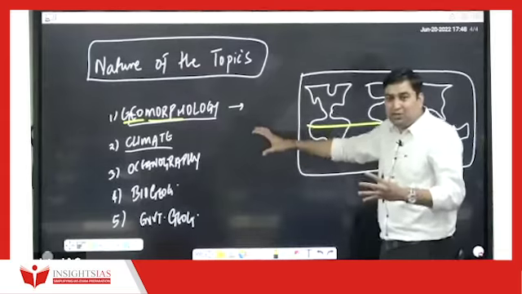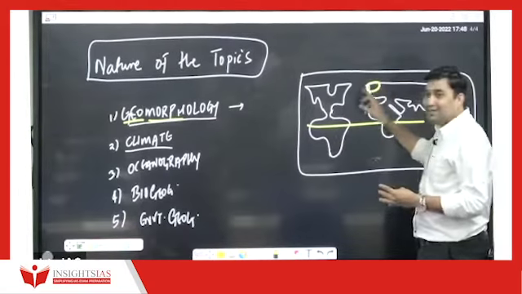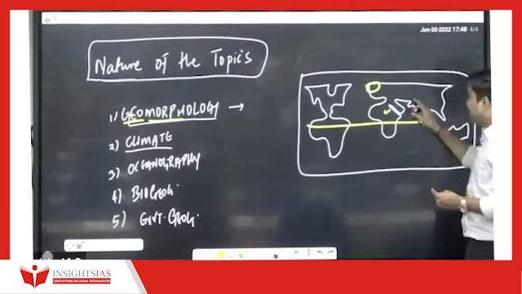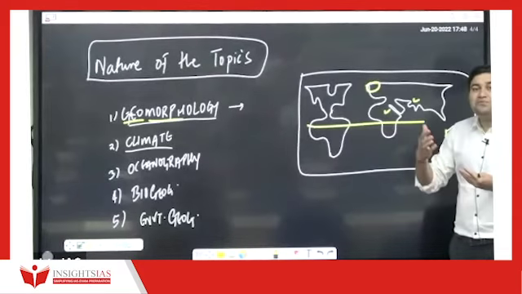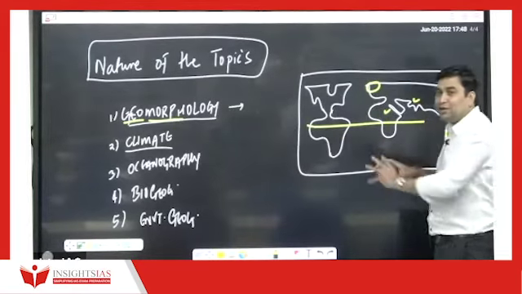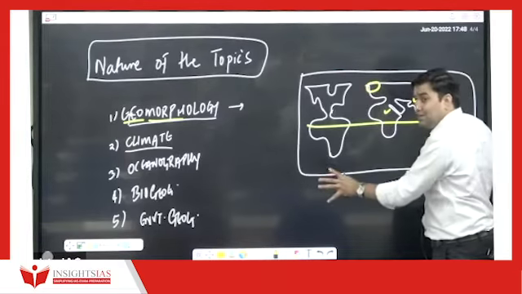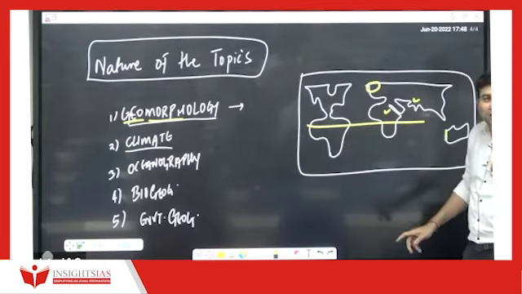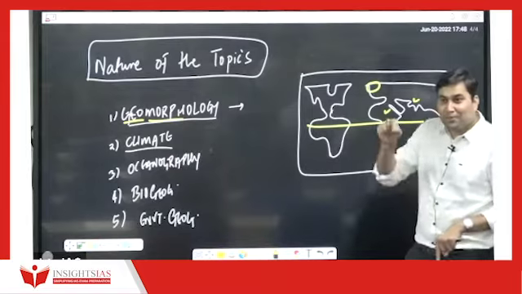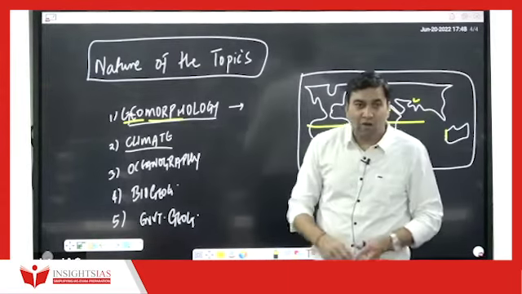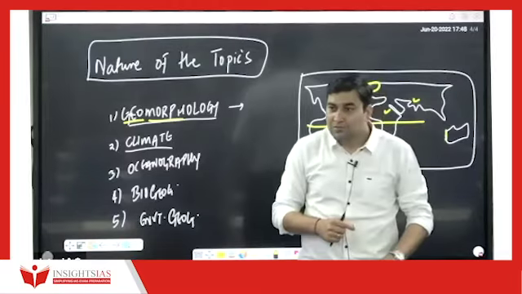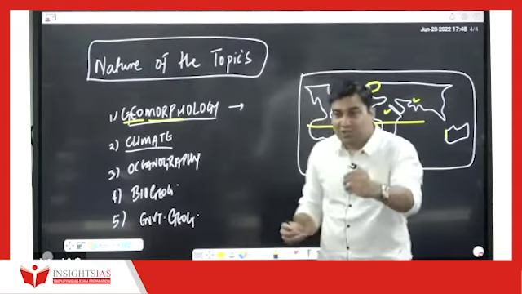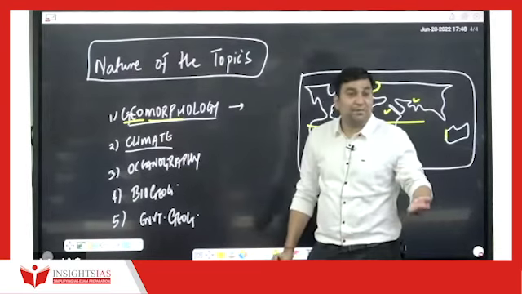Now, in climatology, imagine the climate along the Scandinavian countries, the climate along the African countries, the climate in India. Are they the same? No. So what are the factors responsible for the variation in the climate? What are the different types of climate across the whole world that we are going to study under climate? And why is it that in the monsoon, in the month of June, right now it's the month of June, we receive monsoon precipitation? Why not in the month of April? Why not in the month of February? There is some logic, right? Those things we are going to study under this topic, that is climatology. Are you understanding it?